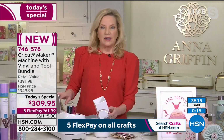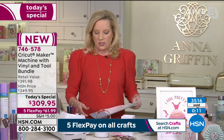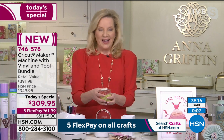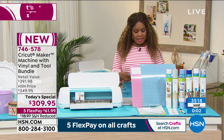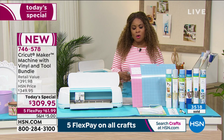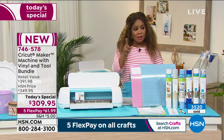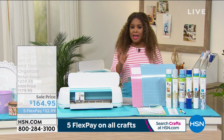So I'm just going to unload that, and we have one more demonstration, is that right? Hey Anna, here's what I want us to do. I'm going to ask our producer, Rob, to show that set of 7 tools and tool storage organizer, which is 3:04 in the hour. And Anna, real quickly, before we wrap up this presentation of our today's special, tell us a little bit about this set of 7 tools and tool storage organizer and how that kind of